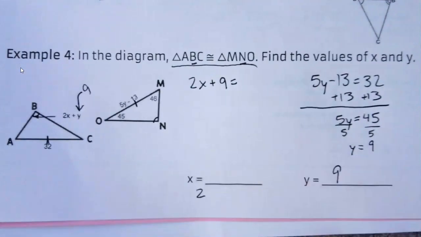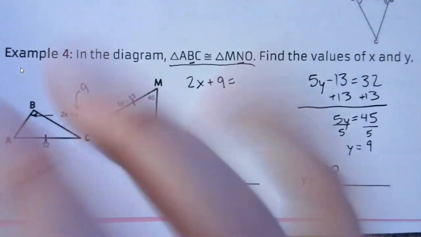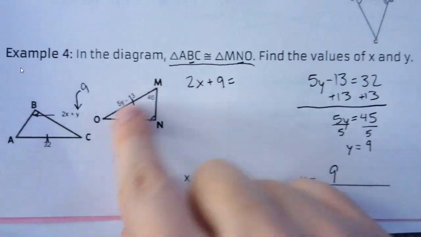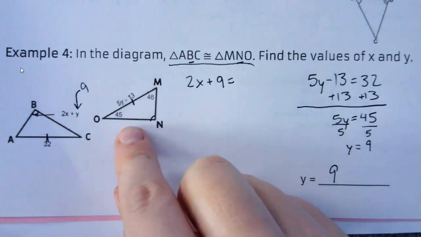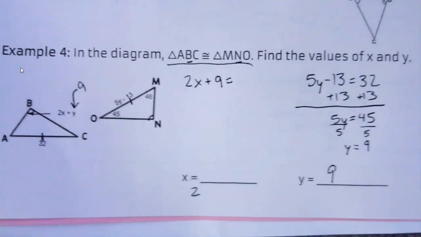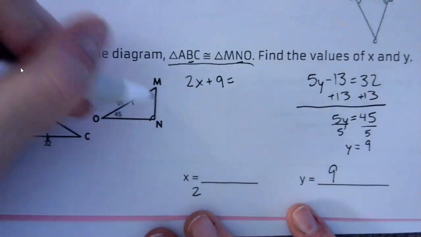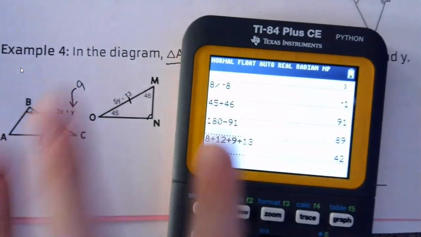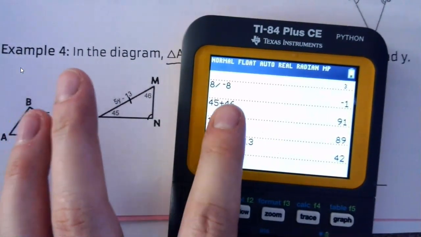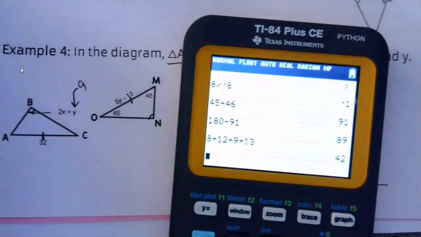But one thing that you guys learned in a previous math class, so this shouldn't be totally new to you. And we also talked about this a little bit when we reviewed for our last test. All three angles of the triangle add up to that special number that we talk about all the time in this class, 180 degrees. So if all three of these add up to 180, we can figure out what angle N is just by subtracting, which I already did last class. So 45 plus 46 is 91. So we add those together, we subtract from 180, so we get 89